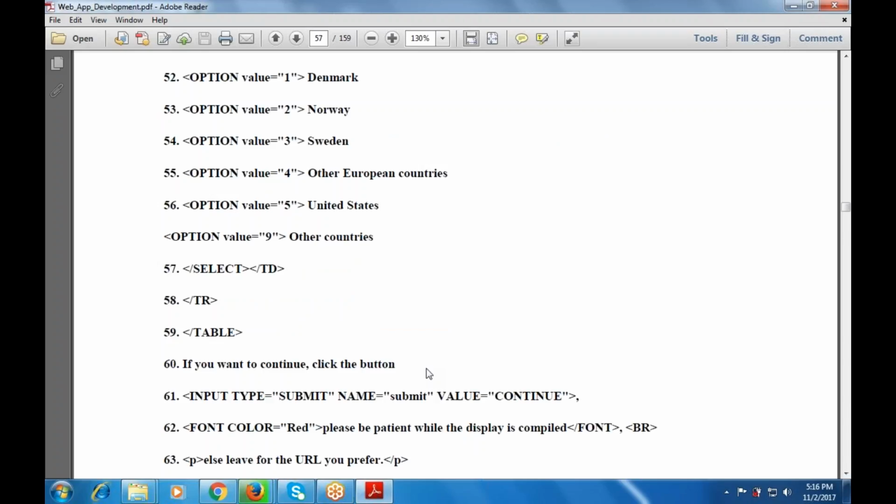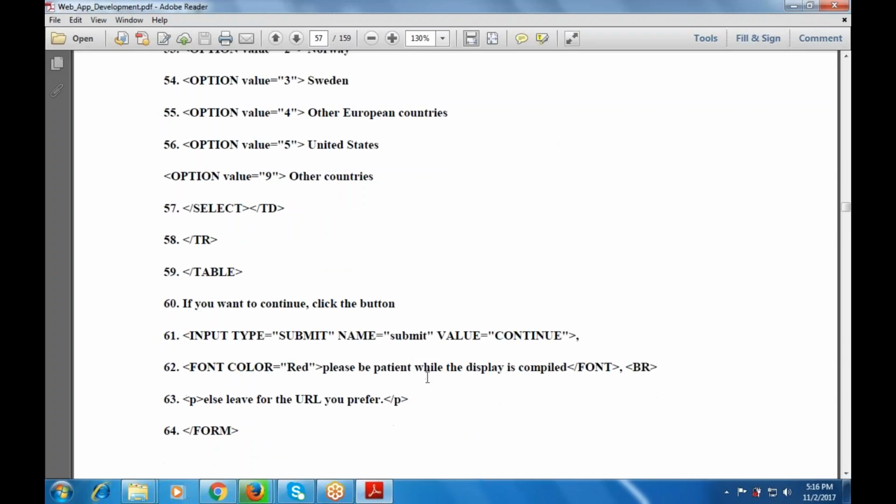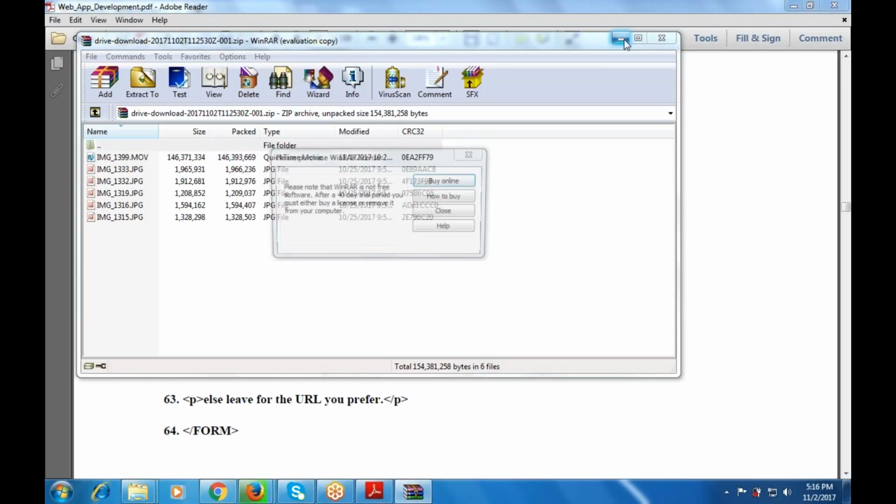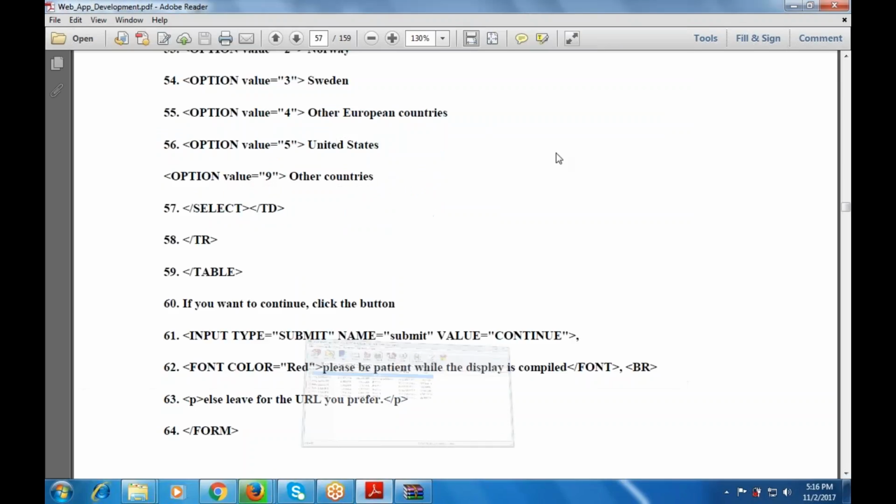And if you want to continue, then click on this button. If there is some value, continue. These are the few buttons that will be available, that is given as a flow. So it will be given as a button, as a flow that will be available. So this is the font color red, then it is compiled over